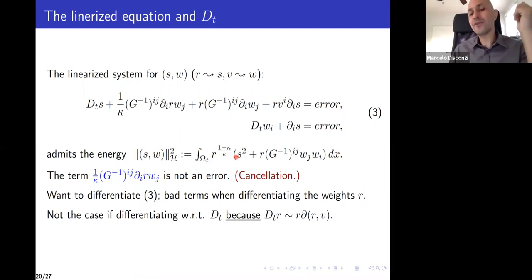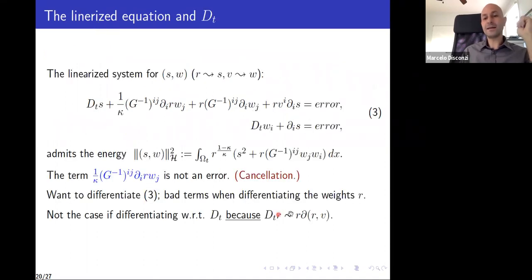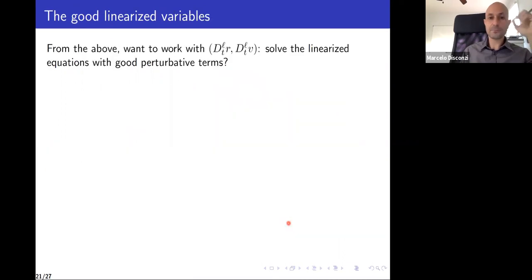However, if instead of arbitrary derivatives, you take material derivatives, every time that your material derivative hits the weight R, you get the weight back. That's because if you look at your equations, dtR is always equal to R times something. Okay, so you always get the weight back. So that says that you should differentiate the equation only with the material derivatives, or at least suggests.